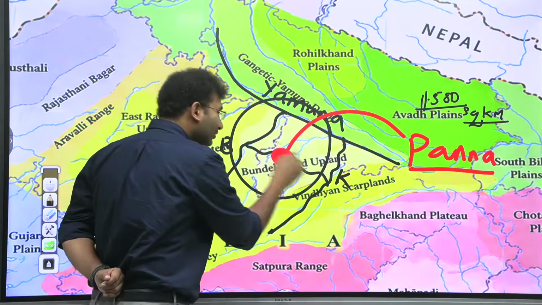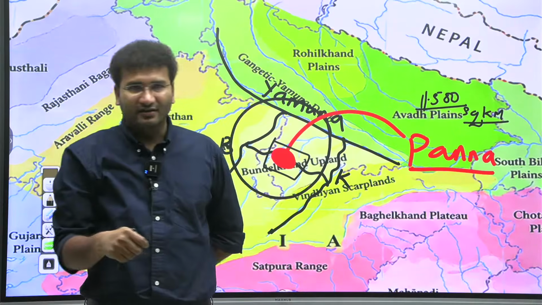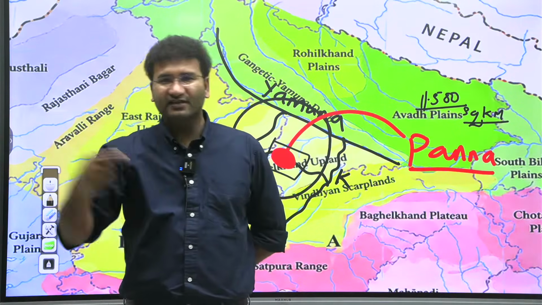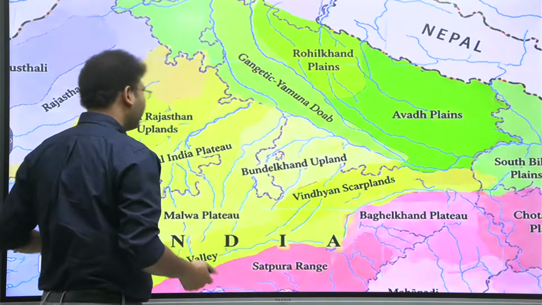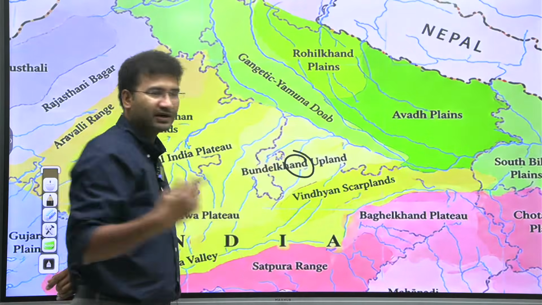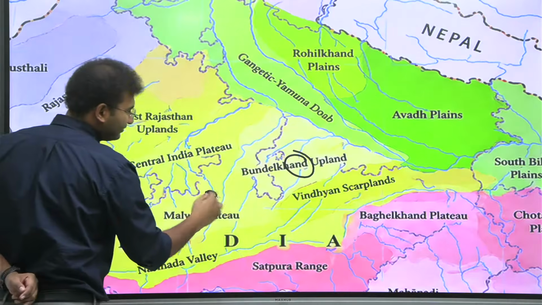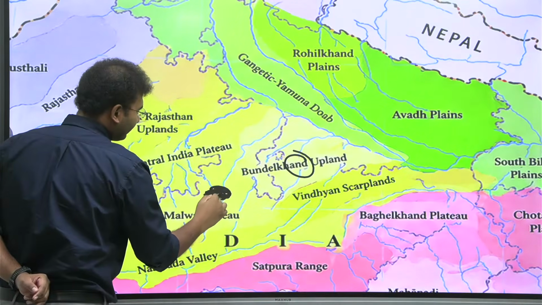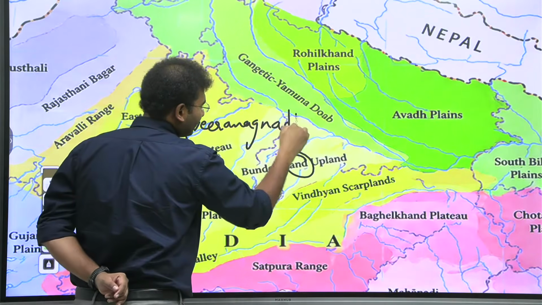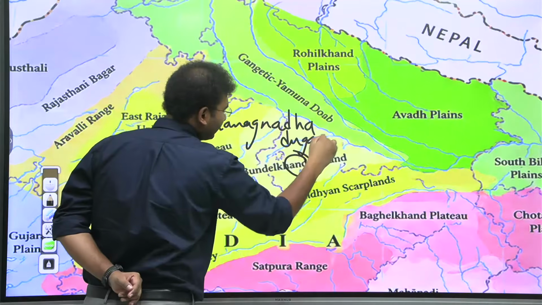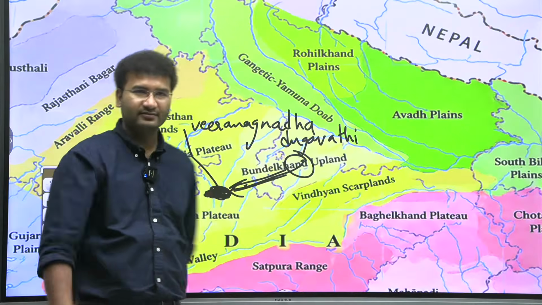Now, a tiger is a territorial animal, right? If it demarcates its territory, it will stay there. Now, if that area got submerged, don't you think tigers have to find a new place? So these tigers were forced to move away from this area by the submergence of the Panna National Park and the Tiger Reserve. So an alternative place has been set up here, north, this is Veeranganada Durgavati. A corridor has also been built so that tigers can easily move from this area, right?